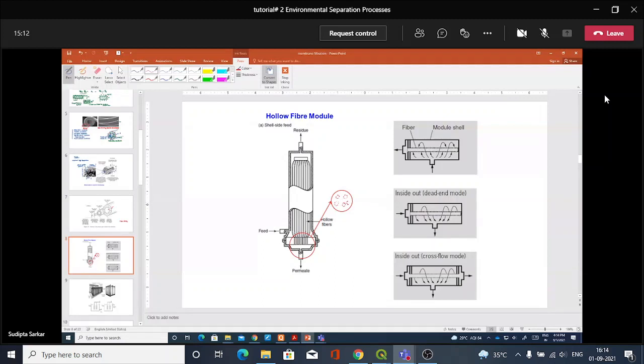They are attached to this plate right here. So each of these fibers is like this, as we discussed before. Each of the fibers will be